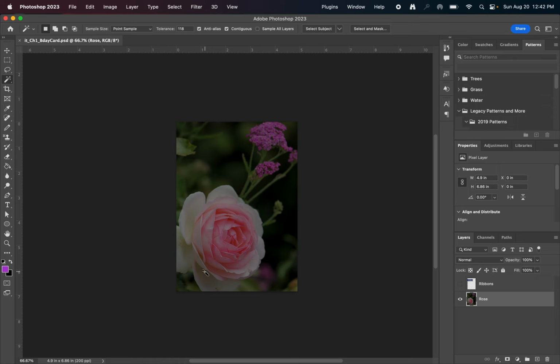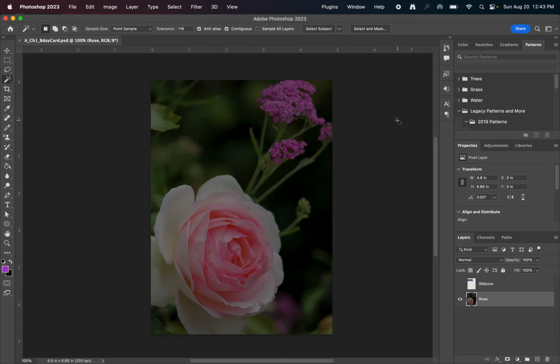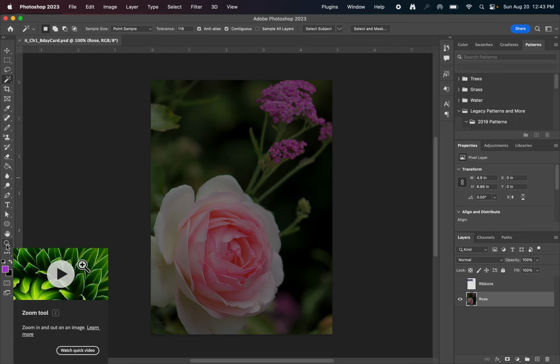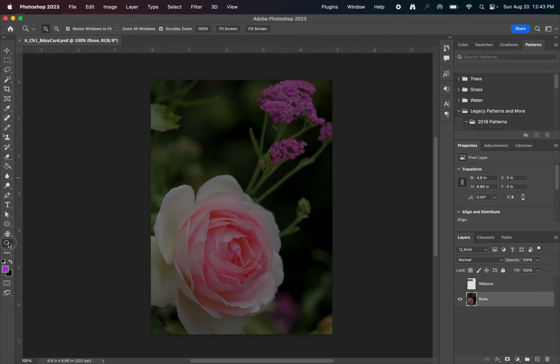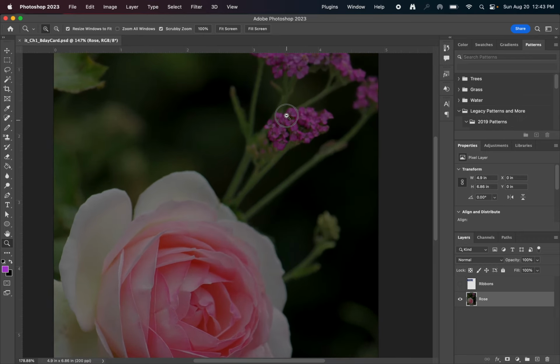And if we want to switch to 100% view, so right now I'm not at 100, I can go up here. So we're going to go ahead and click on View and go ahead and do 100%. That way you see it up close, nothing's getting cut off. Now, if you've noticed, I was zooming in and out without clicking the zoom button. So here's my zoom tool. Down here, there's a magnifying glass. I can click on that and I can click and drag in or click and drag out to zoom in and out. I prefer to use shortcuts,